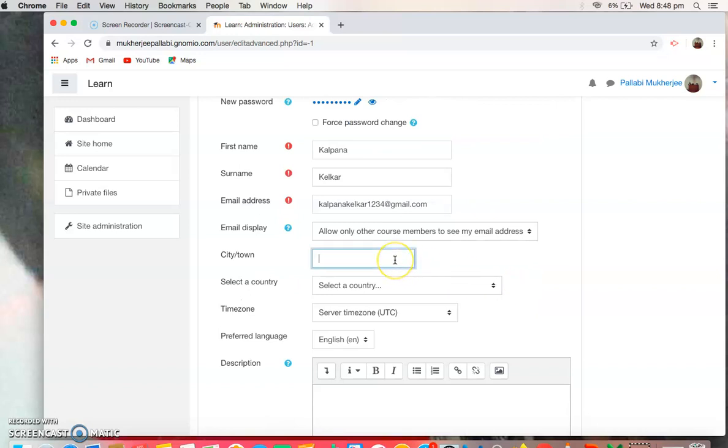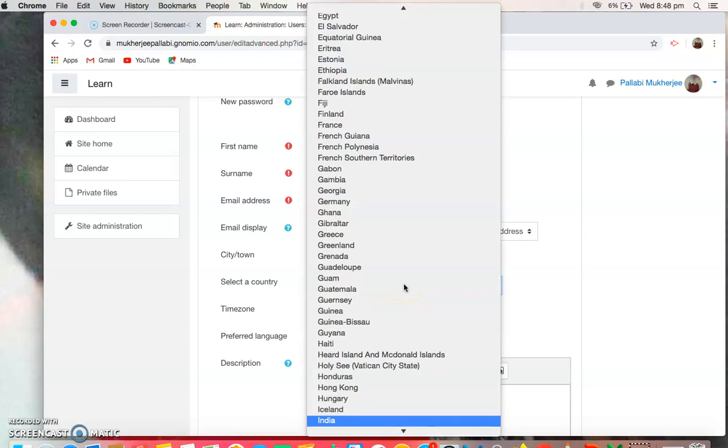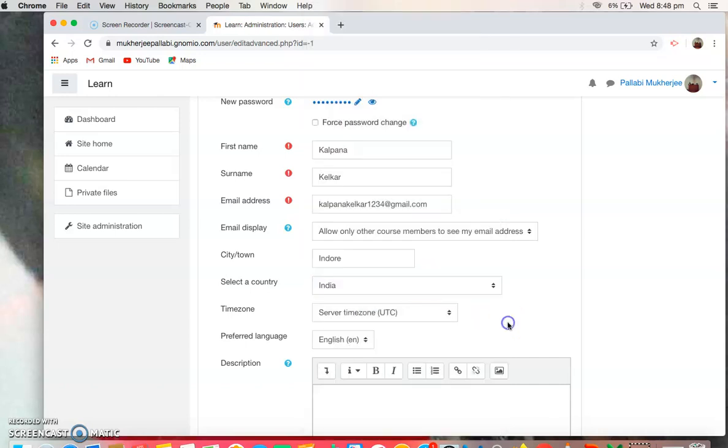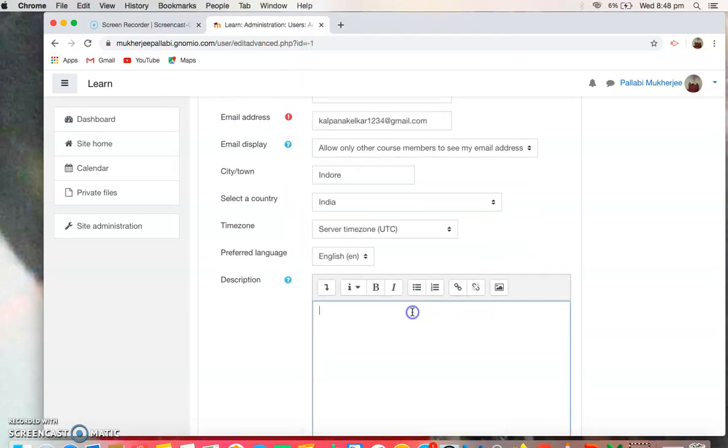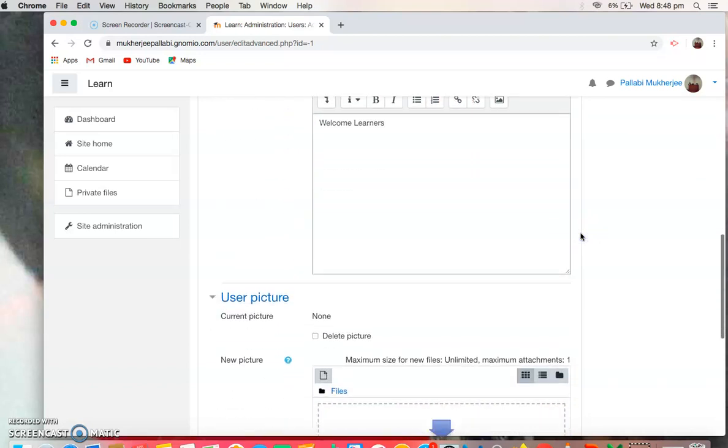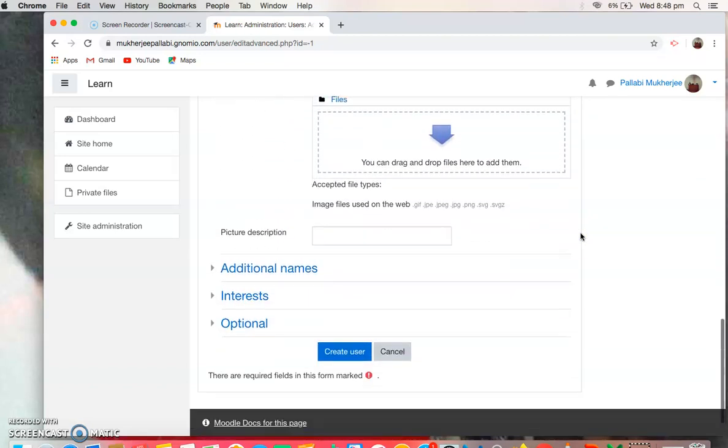Rest you can just fill in. Country India. Fine, I think I'm done. You can leave a description like welcome learners or anything you want to add. It's your choice. Please keep scrolling down. Now create user. Please click on create user.